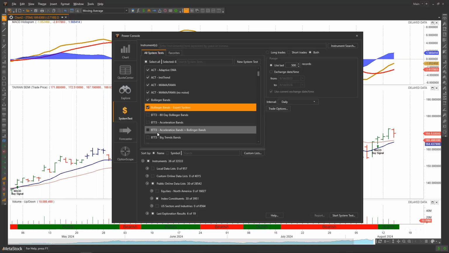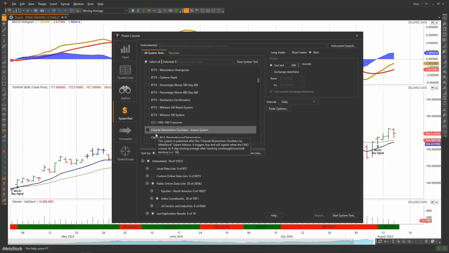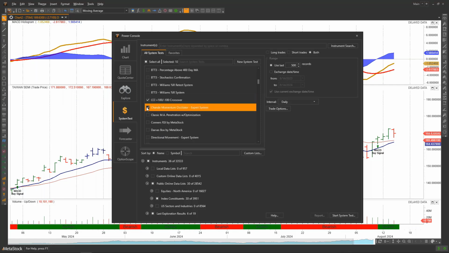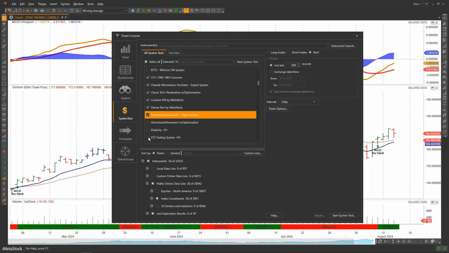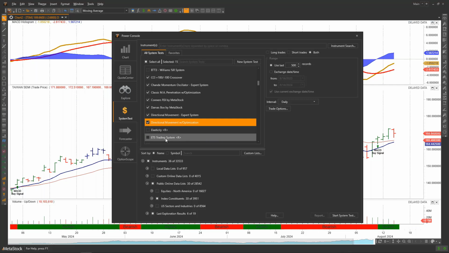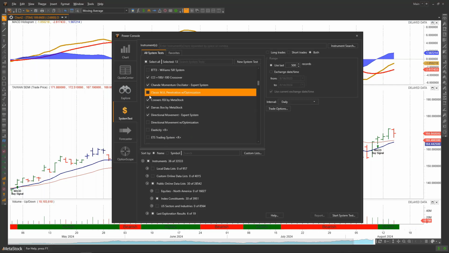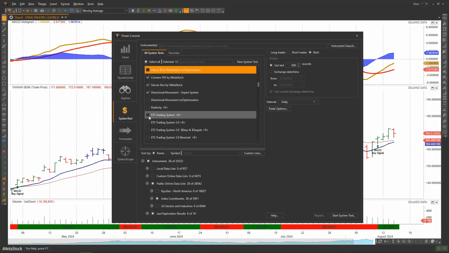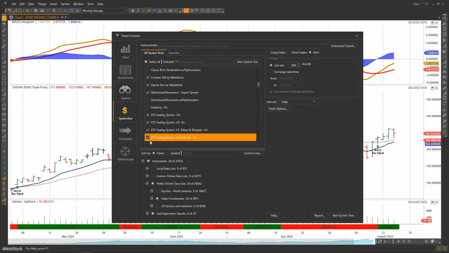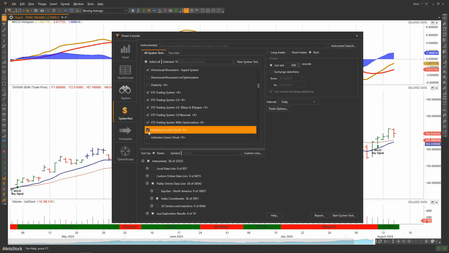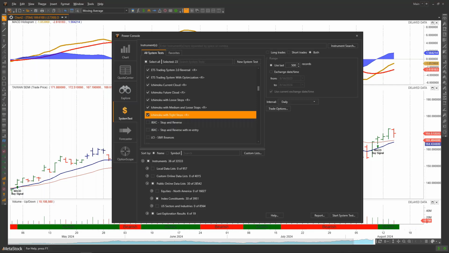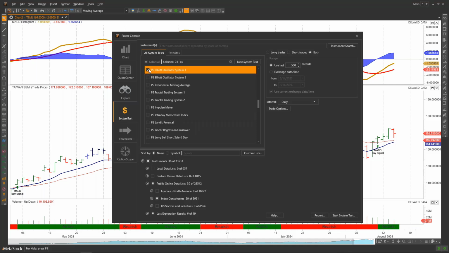We'll do Bollinger Bands. I'm going to select the ones, because you can create your own methodologies too, and there's a lot of them that you can get in other different ways. I'm going to select a whole bunch of them that I know are included in MetaStock, and I'm going to try and avoid ones that say optimized. The reason I'm going to avoid optimized is it just takes a little bit more time to run. And without going through this whole list, let's get the Ichimoku ones though. Without going through the whole list, I'm going to grab a couple more here that I know are all included in MetaStock, these performance systems.